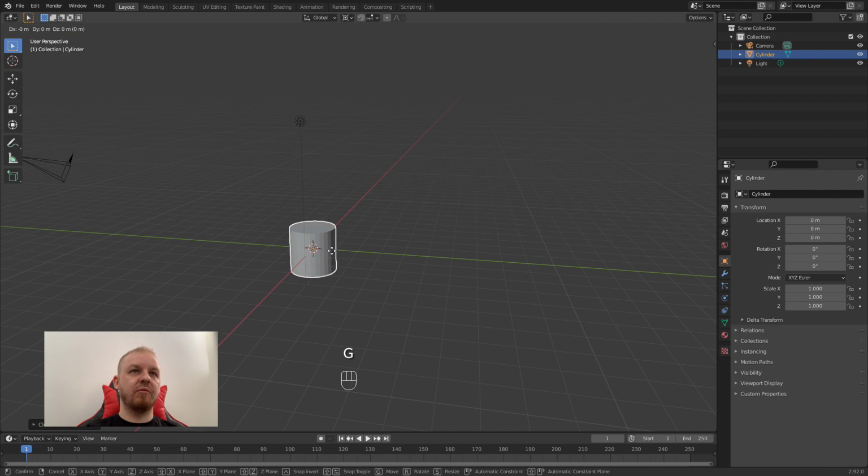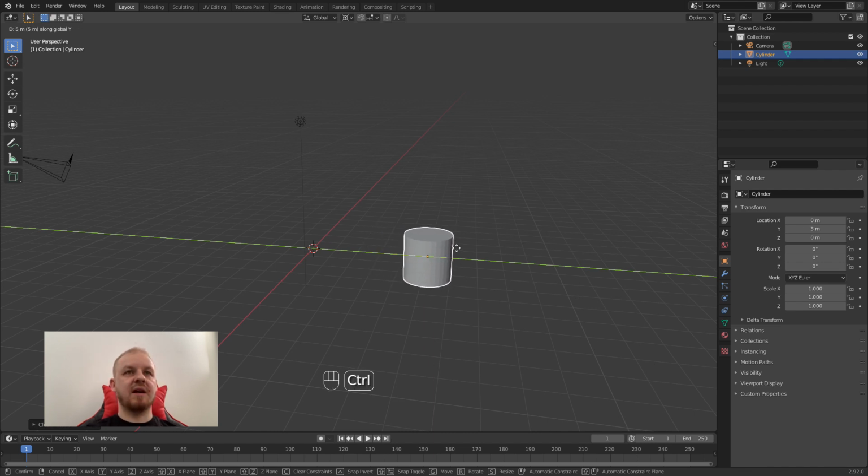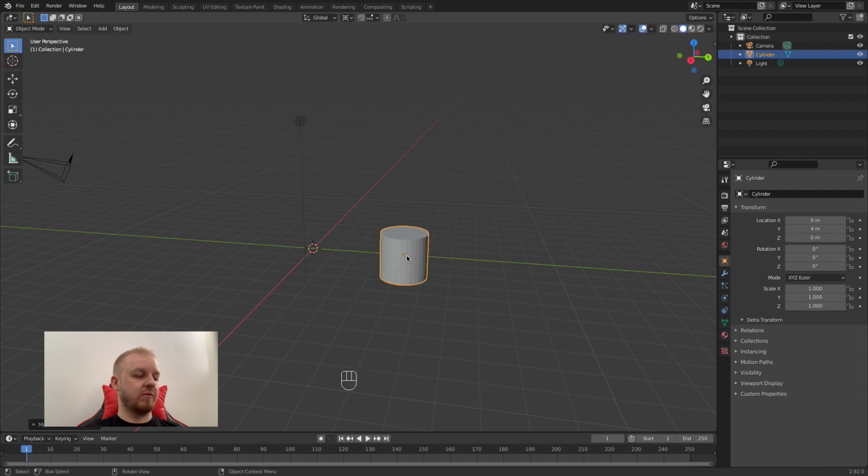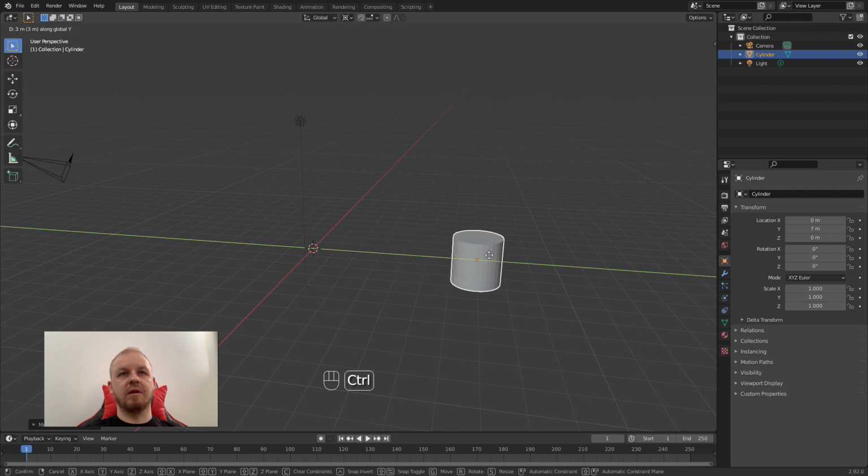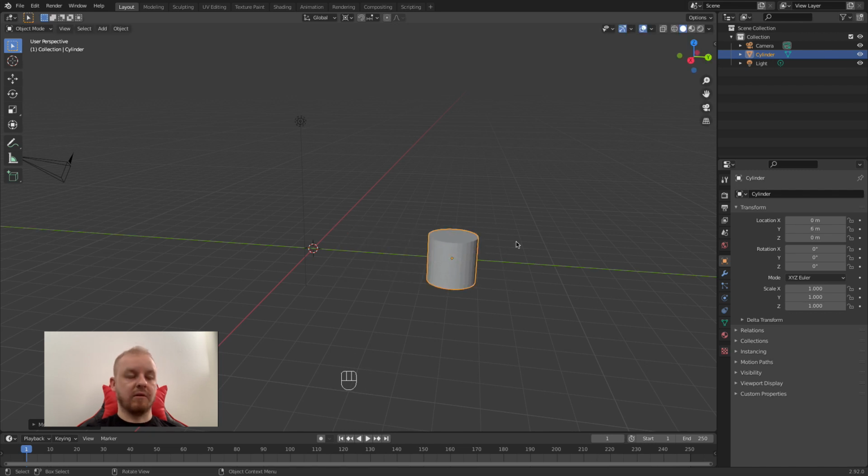So let's say you want to move this cylinder by y-axis, but you want to make it precise, so you can press Ctrl and it will snap to this grid subdivision. So you now have precise incremental movement, which is really nice. Just remember to press G, Y, and Ctrl, and it is snapping. The snapping also works with